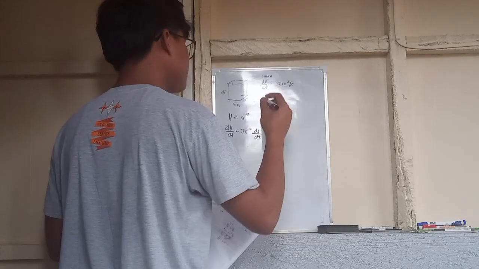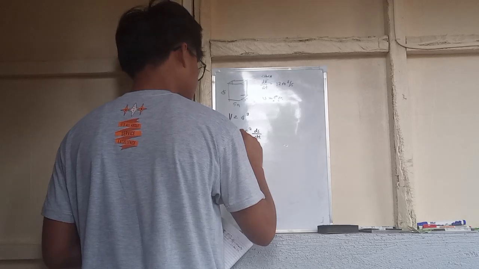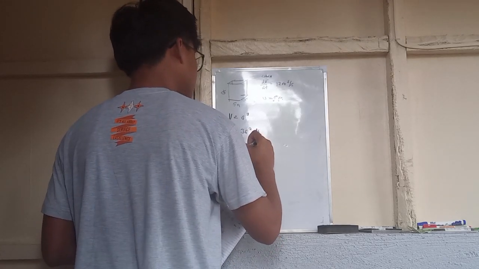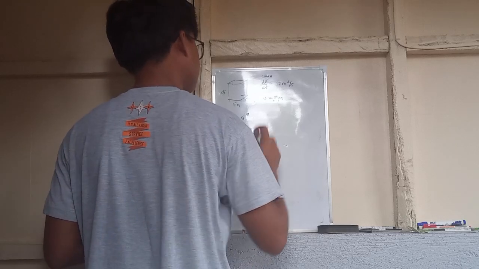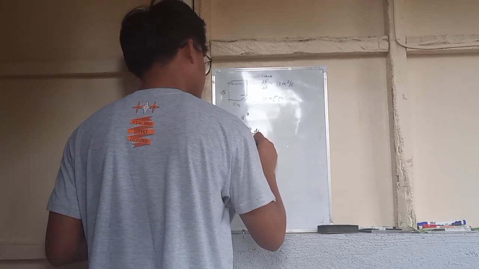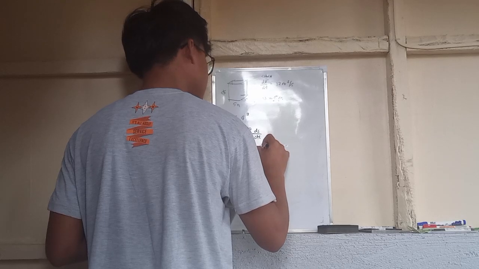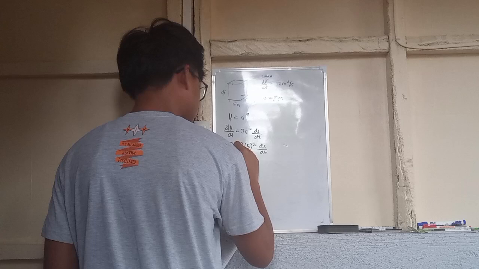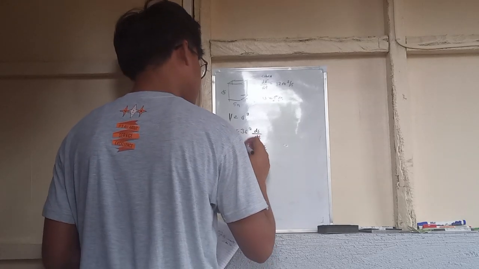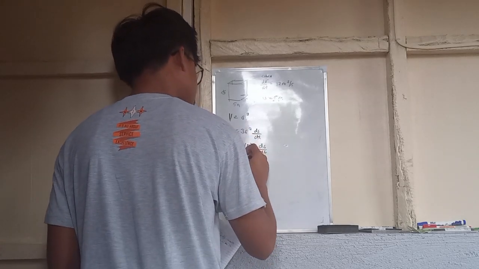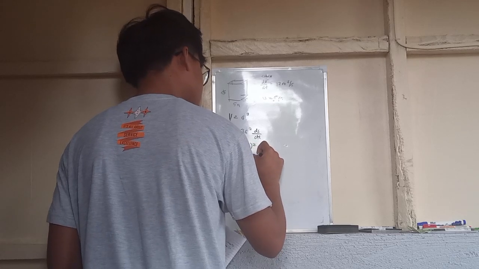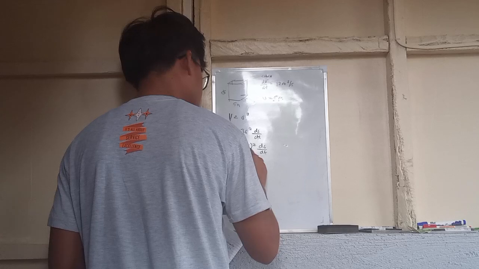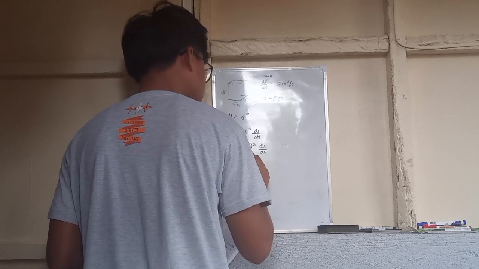So dV over dt is equal to 12. Then copy 3. The value of our s is equal to 5. Then squared, copy the ds over dt. Now calculate. We have 12 equals 5 squared, 25, times 3. We can get 75 times ds over dt. Then divide both sides by 75 so that we can cancel, and ds over dt will remain.